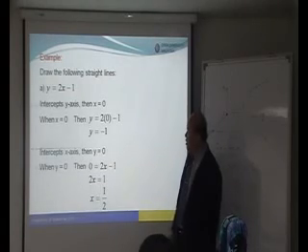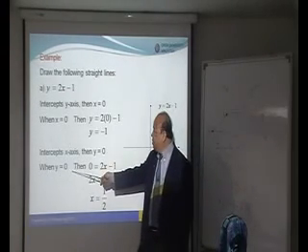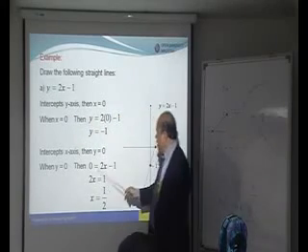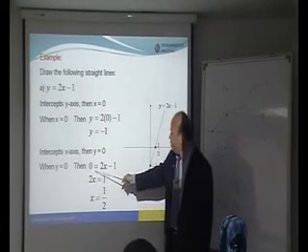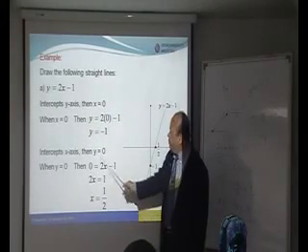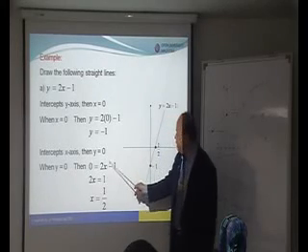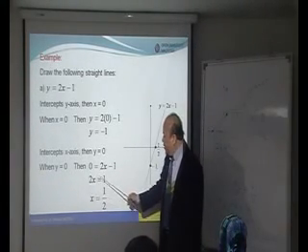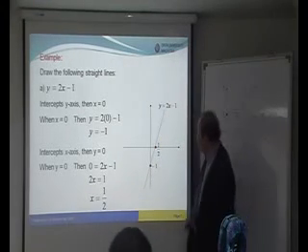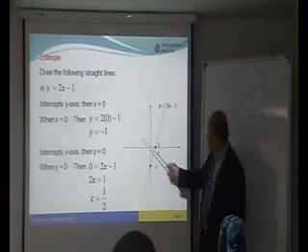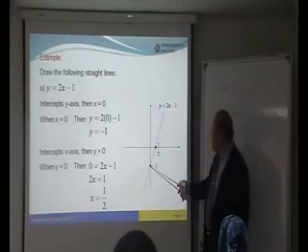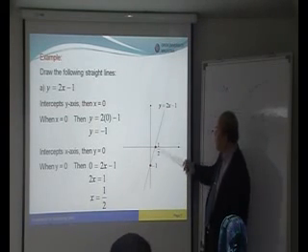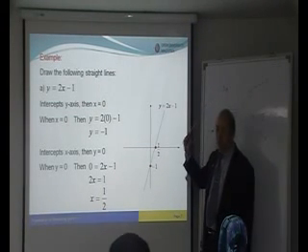Right? So from here, when y equals 0, substitute into here 0. So 2x minus 1 equals 0 here. Right? Move the negative 1 to the other side, you get 1 equals 2x or 2x equals 1. Then from here, x equals 1 over 2. So 1 over 2 is here. Right? y equals negative 1 is here. So we mark the 2 points, then we draw one straight line passing through the 2 points.